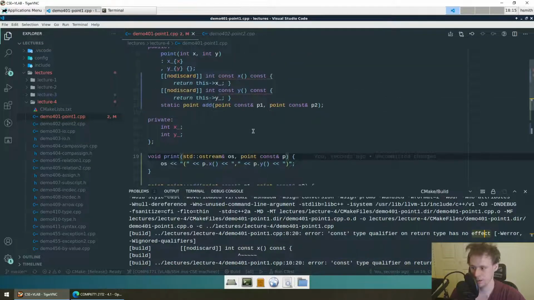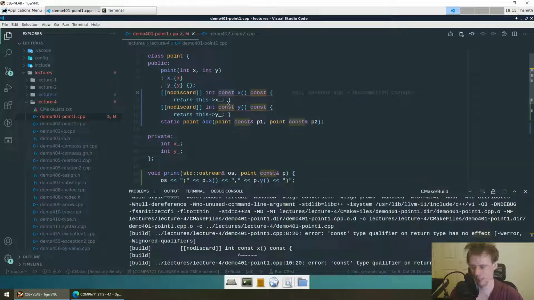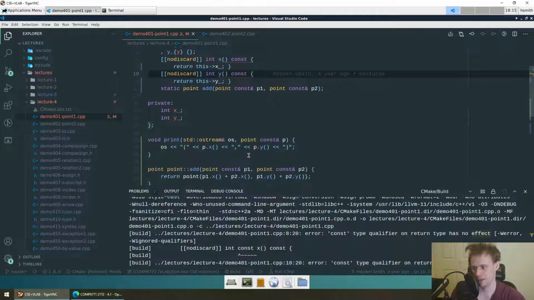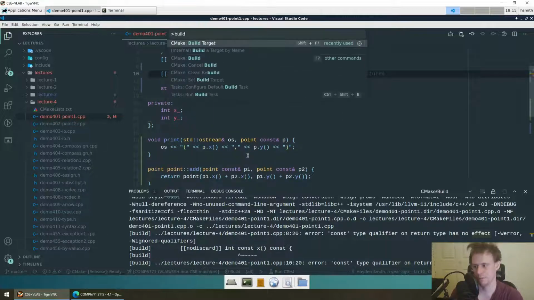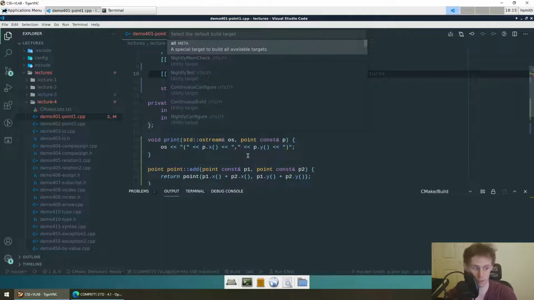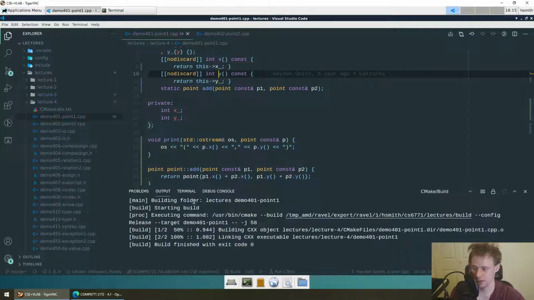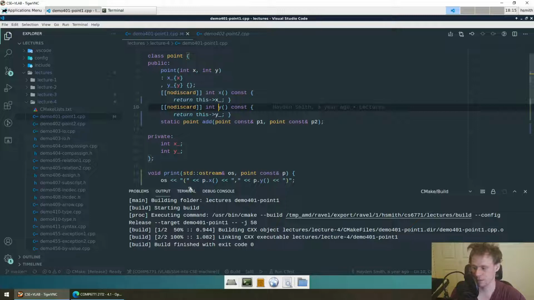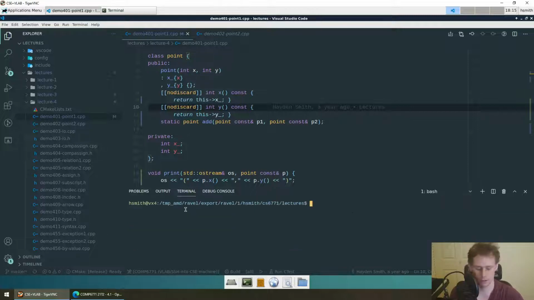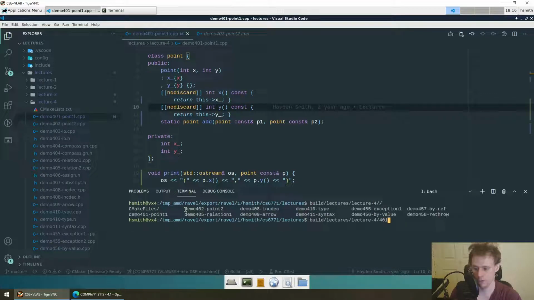Okie dokie. So my guess is that the compiler is probably like, everything that gets returned from a const member function is const anyway. Probably is my guess. So we can just try that out. Yeah, okay. So that's just a little funny thing. Must have added that in when I was just looking at the notes and didn't run it again. So if we build and run that, lecture 4, demo 401, it actually does sum up the